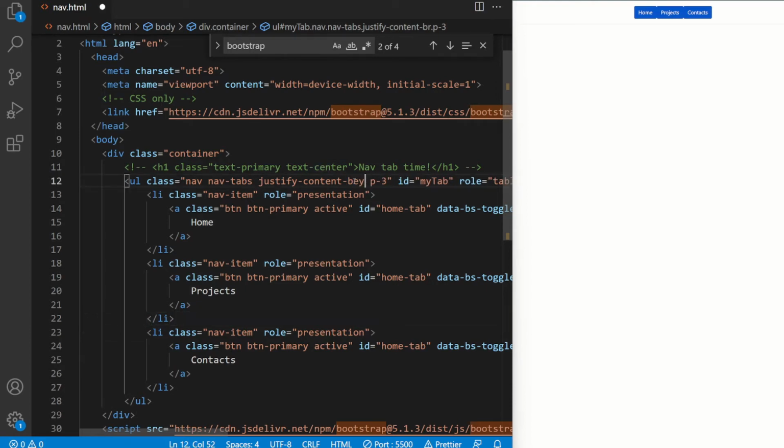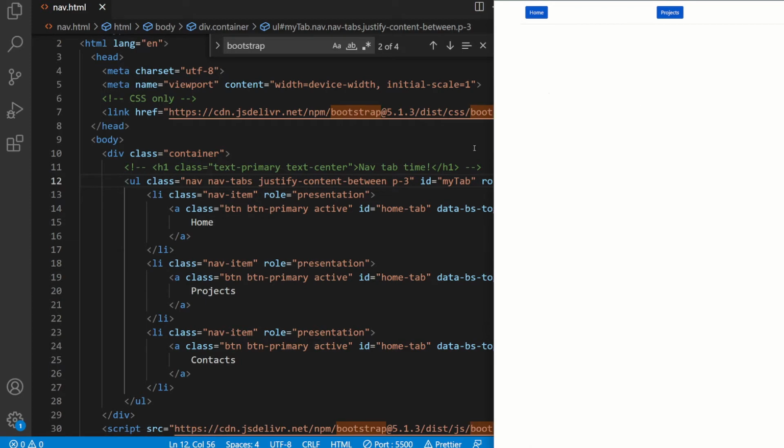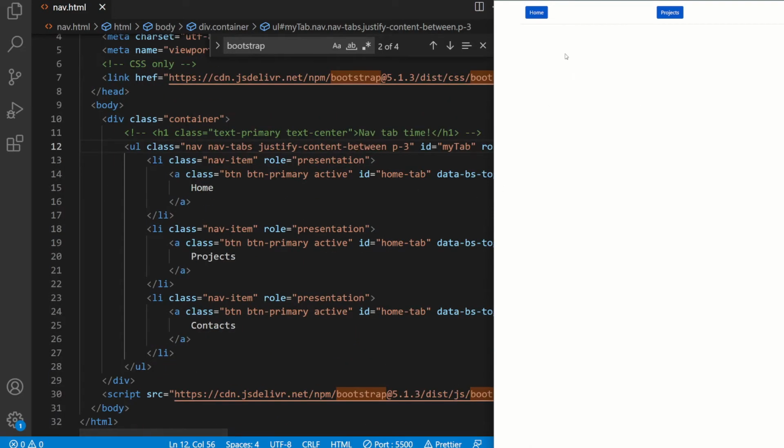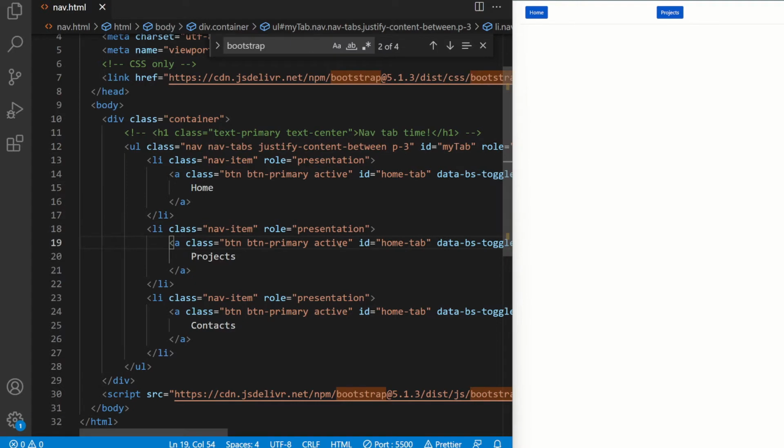Let's actually say between. So let's do this for now, just to see the difference better. Let's say actually, what is it, around? Yeah, around is better, fits better. Okay, so now I'm gonna say